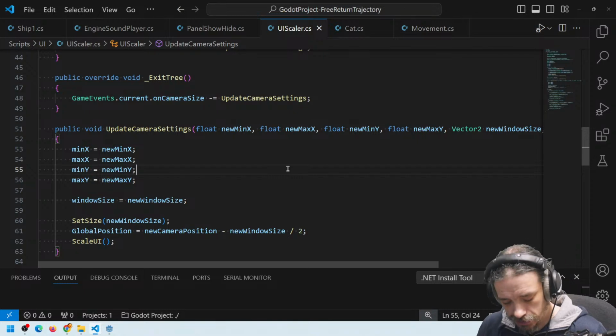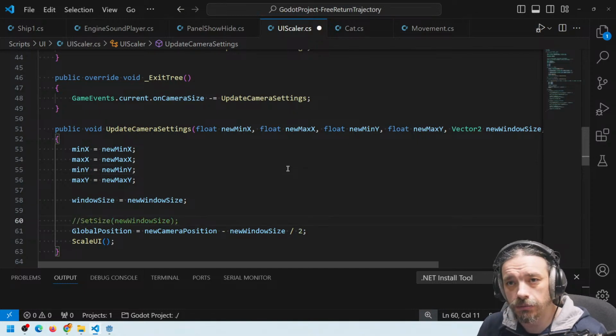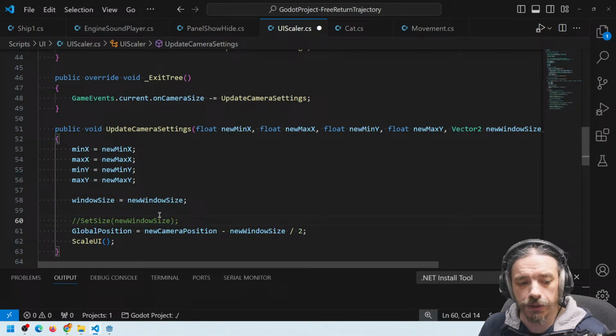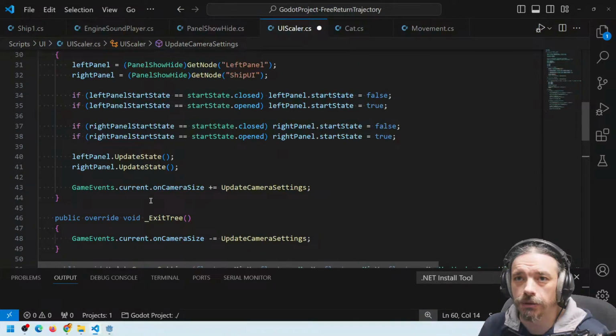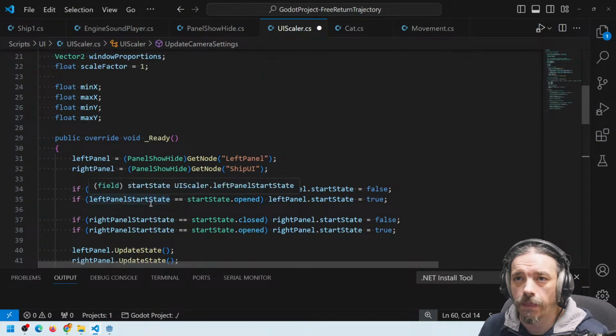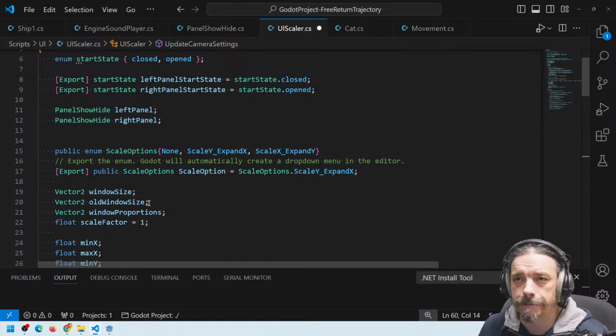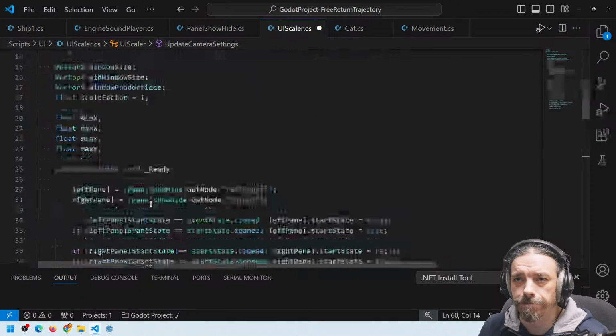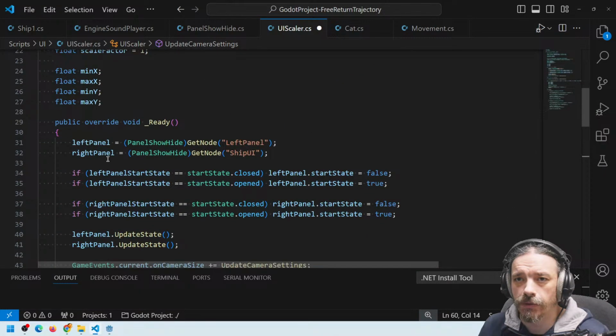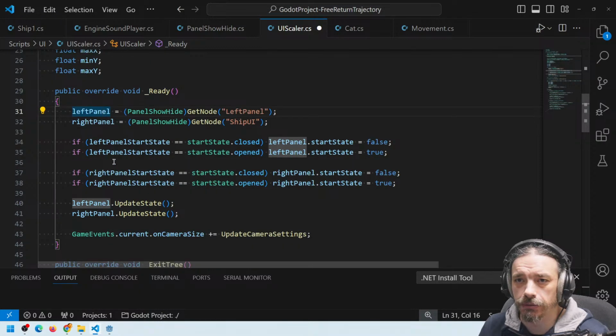Wait, what did I uncomment now? Set size. This is not just for the right panel, so it's not this. Because the left panel is actually working. I have the same number of references, so